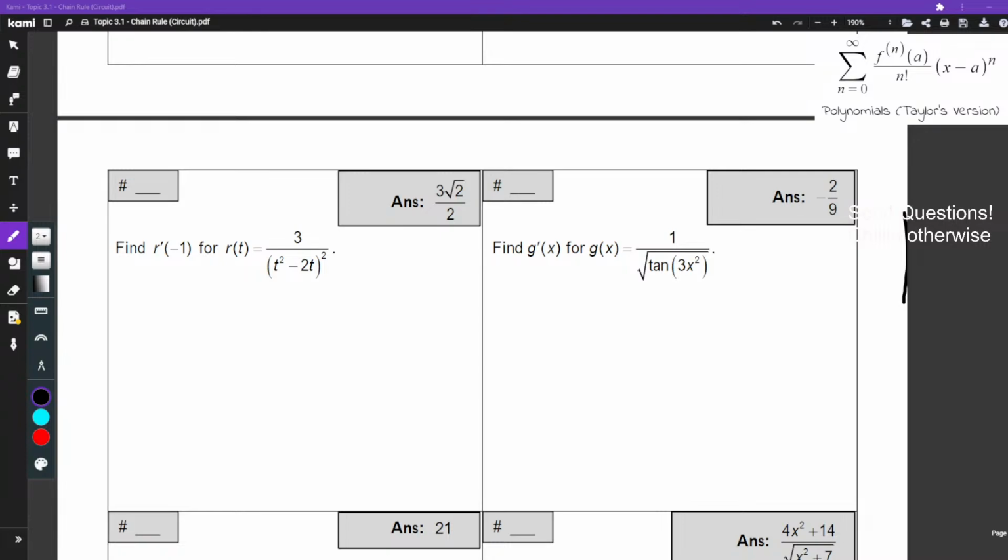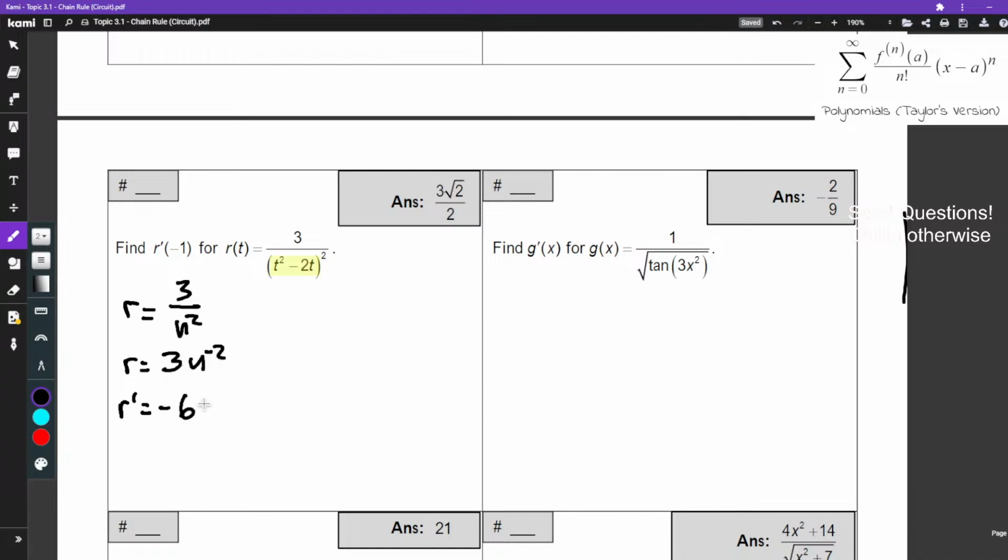There we go. Okay, so 15 right here. We just have to find the derivative of this. This would be easy if this whole thing right here didn't exist. So we can just switch it off. So now r is equal to 3 over u squared. Now we know better. We have to put that in the numerator. And then take derivative. So I have r prime is equal to